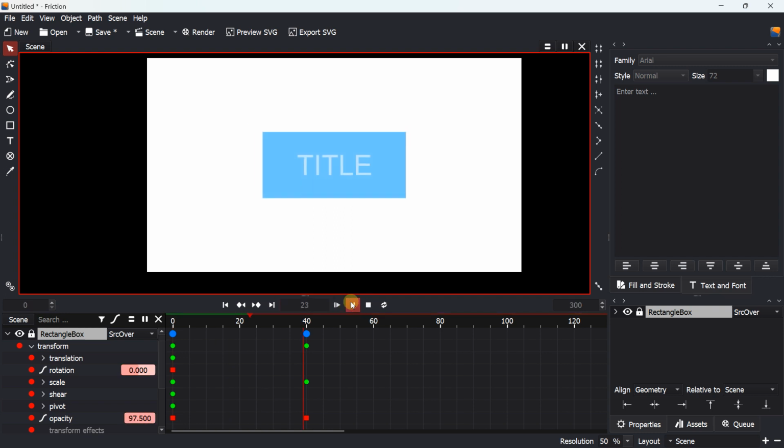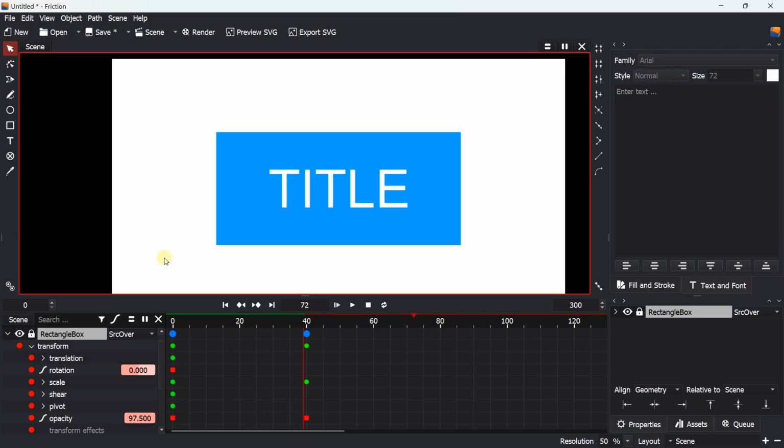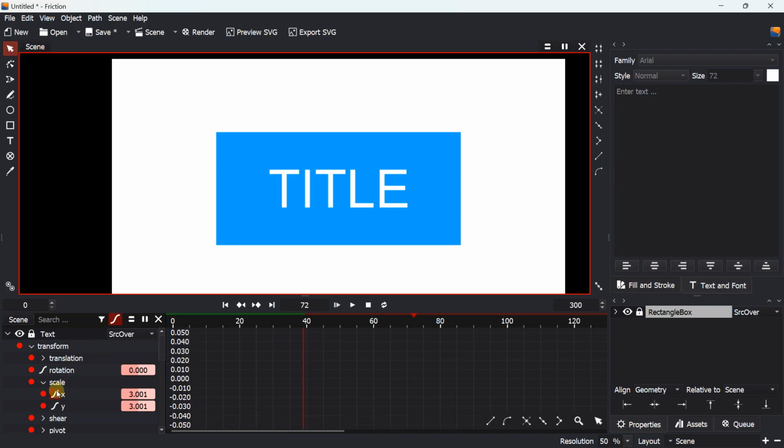Just take a look and I can do something like this. So now, if, for example, I want to change the speed, you have a graph editor. So, for example, for the title, I can go on my text option here. And we can change that; for example, we have the scale value. And we have the x-axis, y-axis. We can activate a graph editor. And here, for example, we have x and we have y. And I can also work with the two.